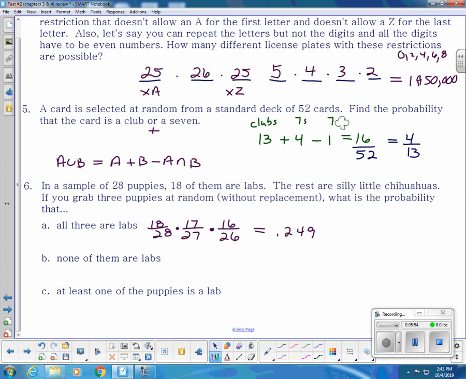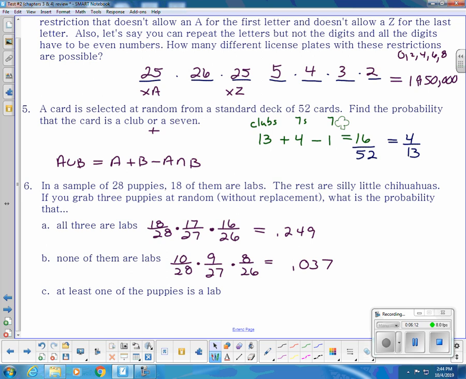None of them are labs. Well, there are 10 that aren't labs out of the 28. I pick a Chihuahua. I have 9 Chihuahuas left out of 27. I have 8 Chihuahuas left out of 26. Now,